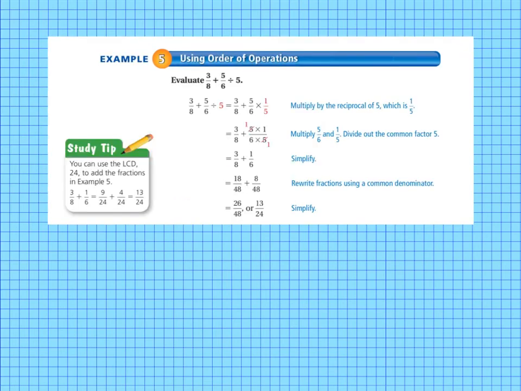And finally, don't forget that order of operations always, always, always applies. So we're going to evaluate 3/8 plus 5/6. We want to just add 3/8 plus 5/6 first, but we need to remember our order of operations. There's a study tip here about least common denominator, but we'll get to that in a minute because we don't need to worry about adding yet. First, we're going to remember